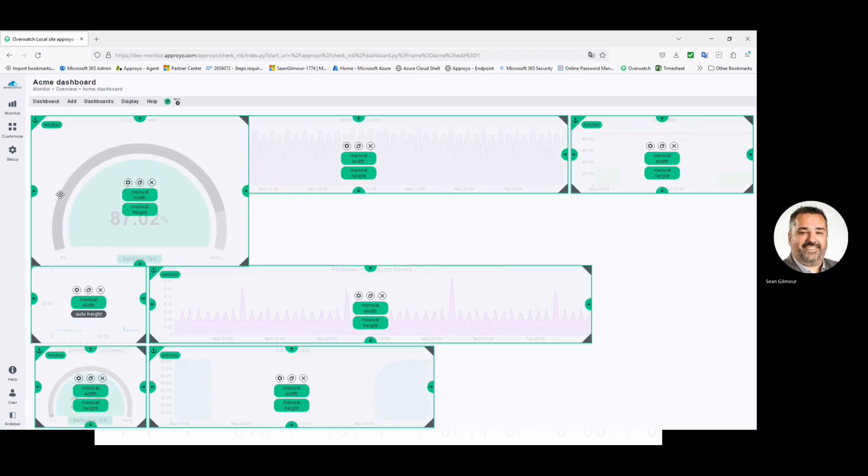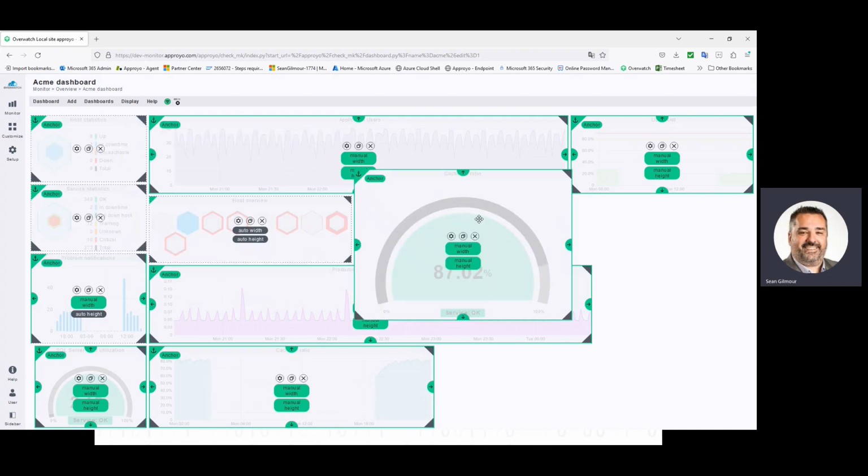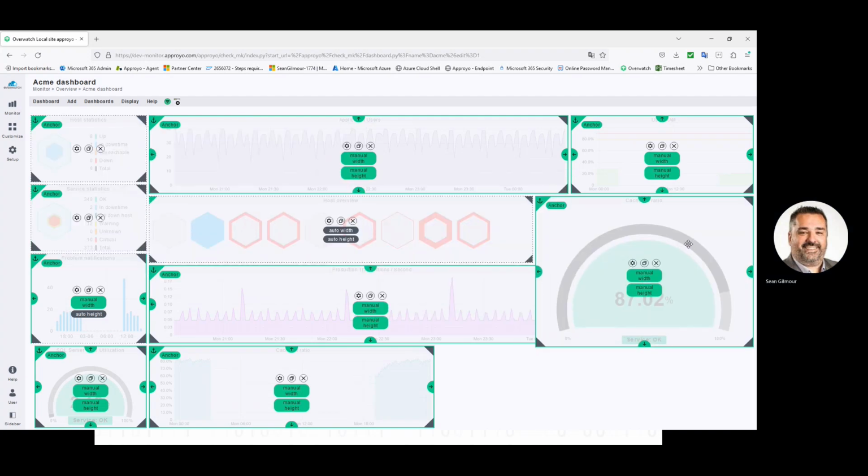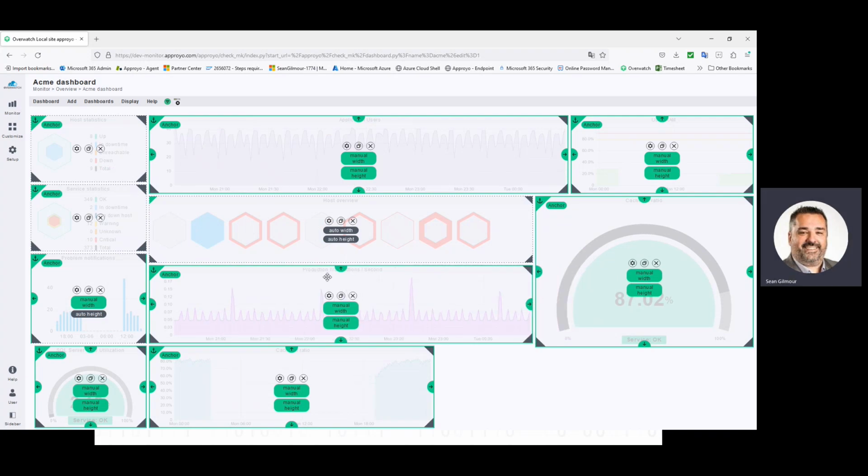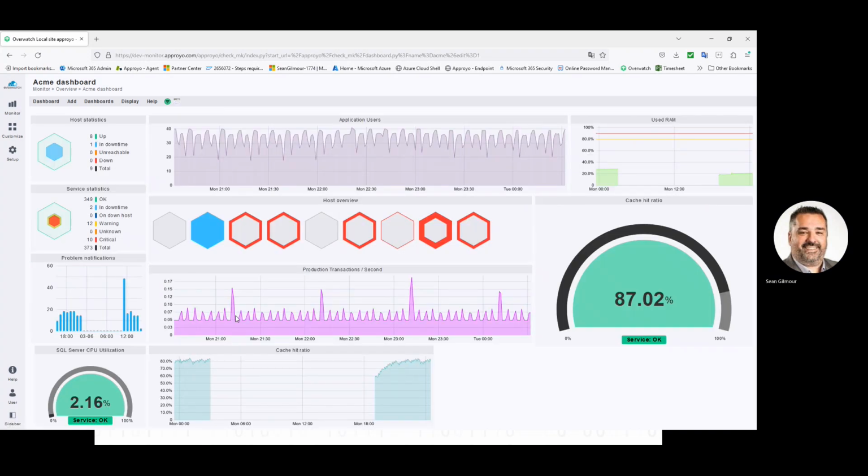That is it. As you can see, what's happened now is we've dropped into a layout option here within the dashboard. So quickly we can place this where we want to place it. And once we're finished here, we can leave the layout mode. And now we have a nice gauge right there on the right-hand side that shows us the cache hit ratio. So very similar to this graph here. It is the same graph, in fact, but with a more visual grabbing